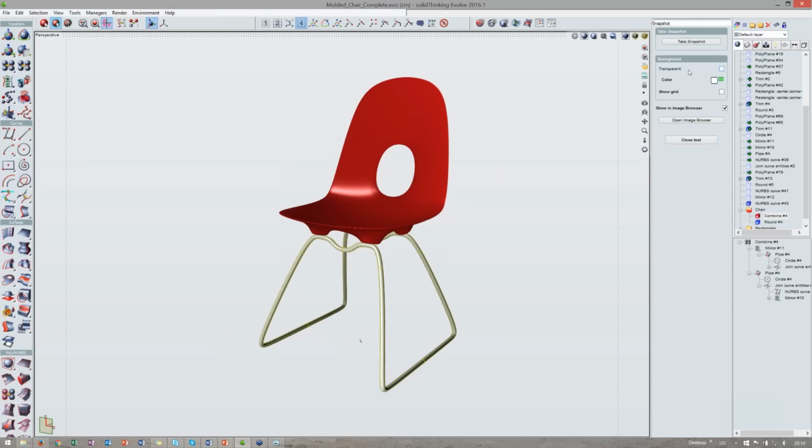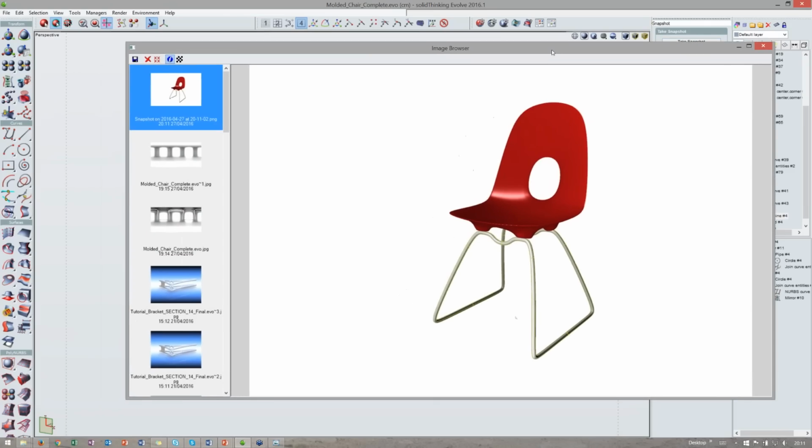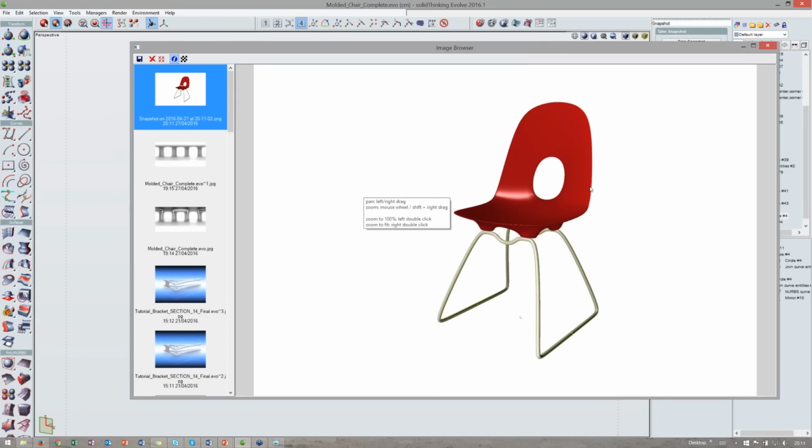You can also change the background to transparent or to any color you want with the slider and the color spectrum here. You can also show or not show the grid. In this case, I don't show it because I don't have it already. And of course, this takes me right away into another new revised area of Evolve 2016, which is